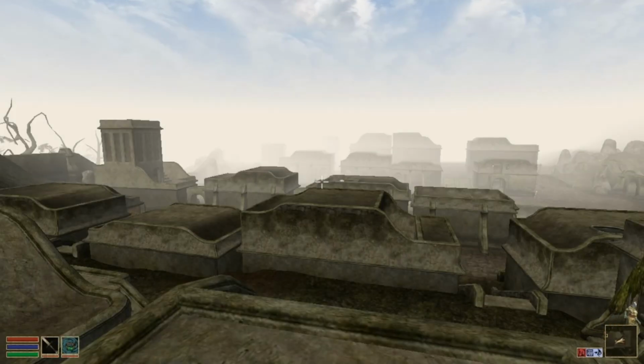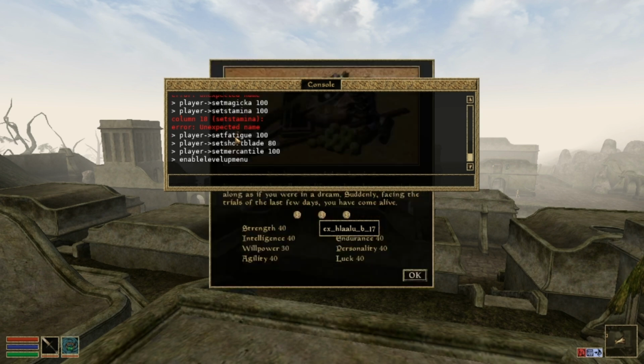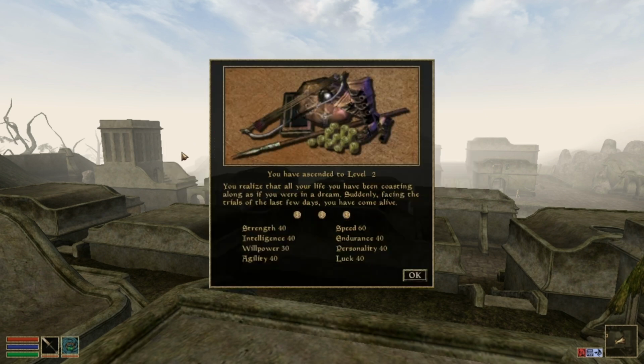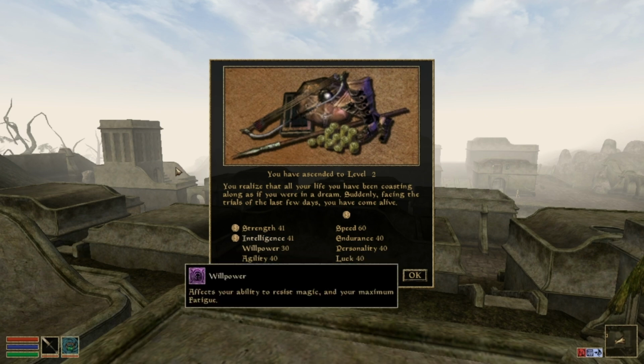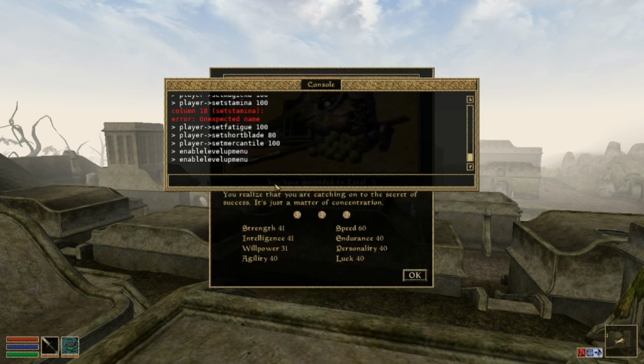Right now that we've done items, we're going to do how to level up. So you're going to come into the console and type in enable level up menu, no spaces, and then I will level up. And every time you want to level up, you're going to do that. So one more time, enable level up menu,